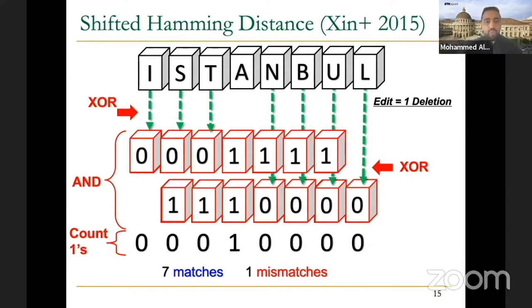But what if we apply 2 operations? We apply a deletion and then an insertion somewhere randomly. What should we do? Any suggestions? No shift. But remember, the deletion will shift the trailing characters, and the insertion will shift also. So we need the shift anyway, right? Shift in both directions. Excellent. Yes, that is perfect. So we need to shift in both directions because of the deletion, as I said, let me